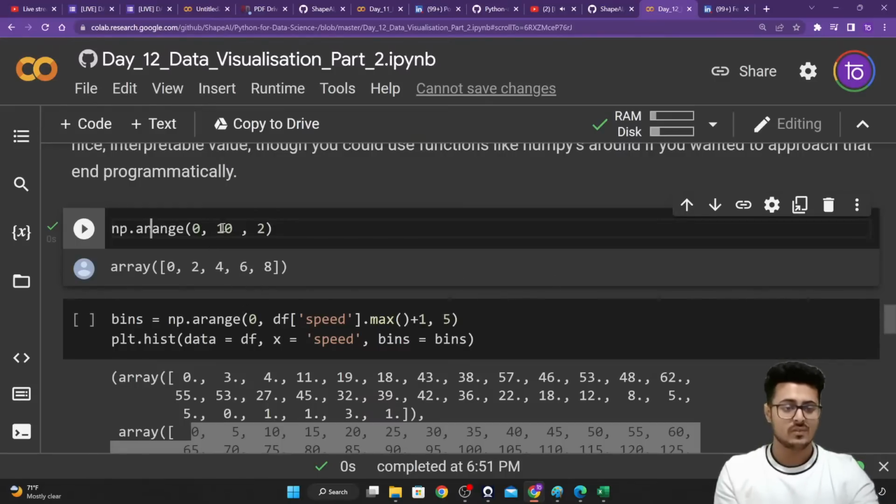That is the reason why, instead of just writing 160, we want to increase our step by 5. We want to go up till 160. If I'm just writing 160 right over here, my 160 won't be included in my calculations.